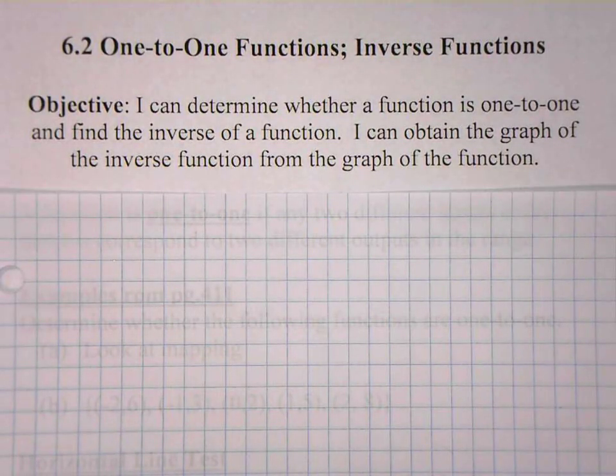So today we'll be looking at section 6.2 from your Sullivan book. The title of the section in the book is One-to-One Functions, Inverse Functions. Our objective for today is that I can determine whether a function is one-to-one and find the inverse of a function. I can obtain the graph of the inverse function from the graph of the function. And all of that hopefully sounds familiar to you because it is something we've covered in previous units, but